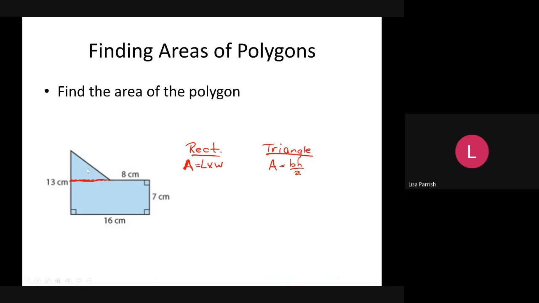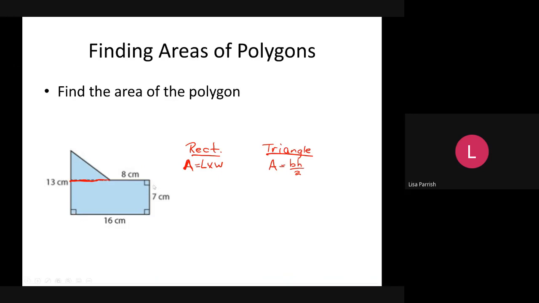That way you can just see the rectangle, and sometimes that makes it easier to figure out which numbers you need to use. So if you put your hand over the triangle part and you're just looking at your rectangle, you can see that the length of the rectangle is 16